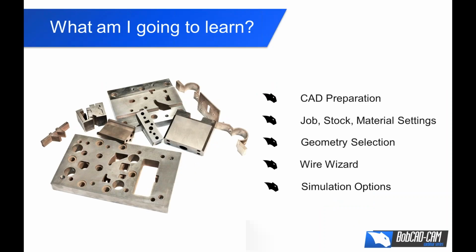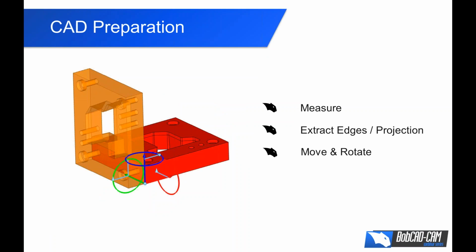So what are you going to learn today? Today we're going to talk about CAD preparation, different ways to prepare your geometry, basics about moving, rotating, things like that. We'll set up a job, go through the stock and material. We'll talk about different geometry selection options that you have. We'll go through the wire wizard, so the different 2- and 4-axis wire paths that we have, and then through some simulation options. So when we're looking at CAD preparation, we'll talk about measuring geometry, converting surface edges to wireframe,